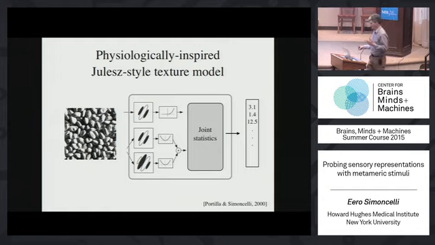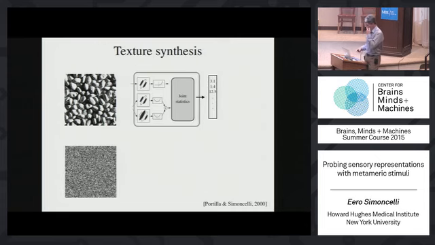And then the question is, how do we test the model? And for testing the model, most people, when they test models like this, they do classification. This should sound very familiar these days with the deep network world. They take a model and then they run it on lots of examples, and they ask, well, do the examples that are supposed to be the same kind of thing, like the same tree bark, do they come out with statistics that are similar or almost like the same as each other? And can I classify or group them or cluster them and get the right answer when trying to identify the different examples? We decided that that was, at least at the time, a very weak test of this model, because